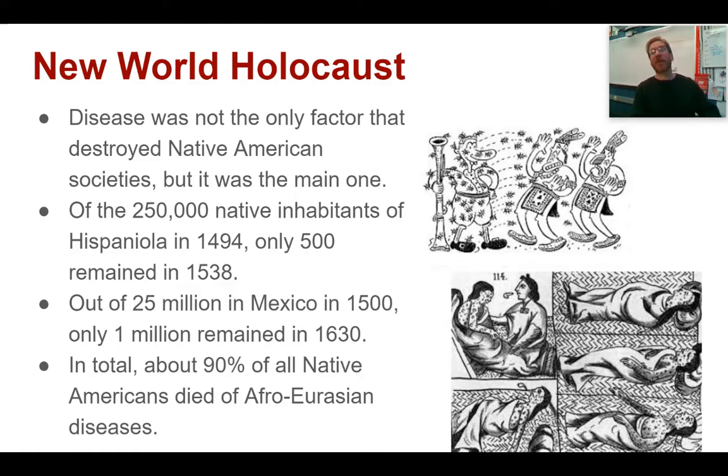And in total, when you look at all of the American societies, North and South America, and we try to put a best estimate on how many people died of diseases that transferred over from Afro-Eurasia, it is about 90%. About 9 out of every 10 Native Americans died of these diseases. It completely destroys a society. And when we're left with just that 10%, it becomes difficult to resist the encroachment of anybody else.